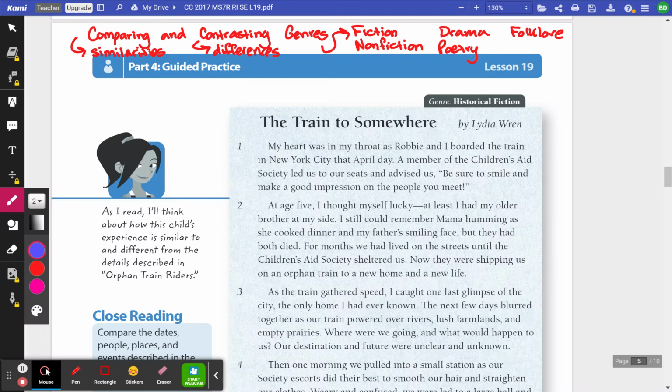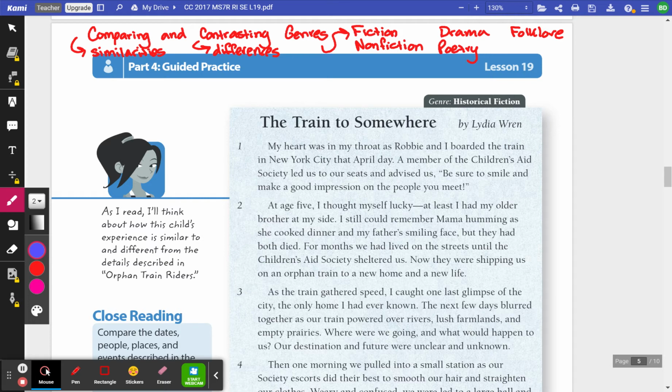All right, guys, we are back to look at our second passage. So, we just finished up looking at the passage that was called Orphan Train Riders, which was our historical account. Now we are moving on to the next passage, which is called The Train to Somewhere, which is our historical fiction piece. So, before we get started, I have rewritten the title of our lesson up at the top